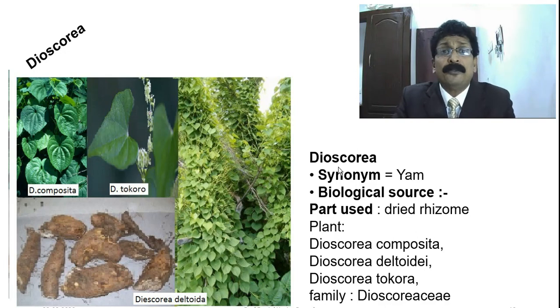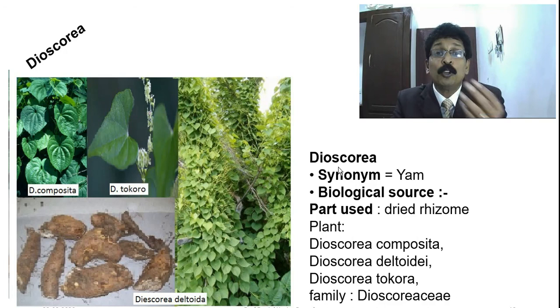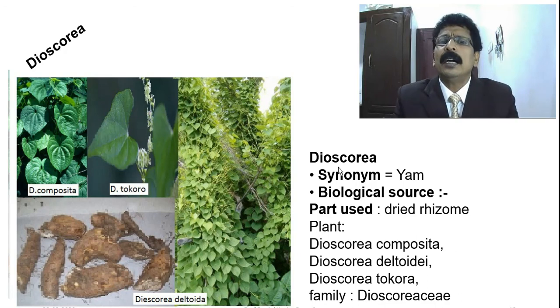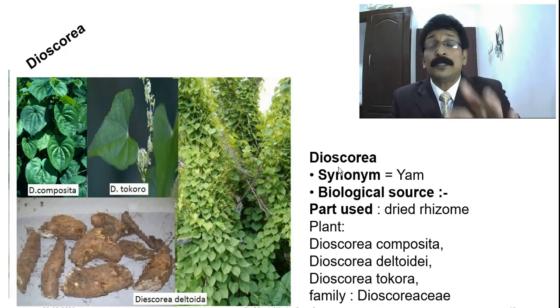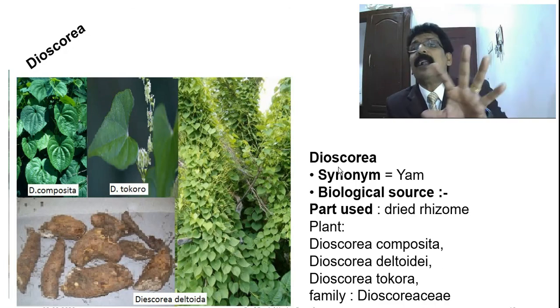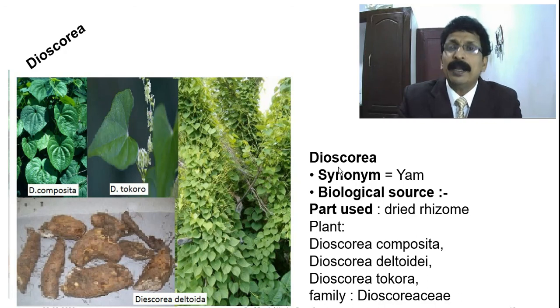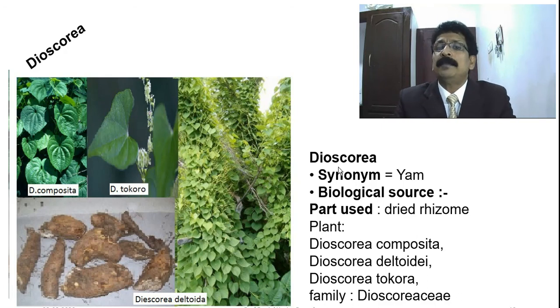The leaf structures are different. Even their rhizomes also differ slightly in one species. Dioscorea deltoidea. These all have the constituents. They are substituents. We cannot say they are adulterants. Adulterant means they may not have the constituent. They have the constituents, but more or less, and the species differ a little in their leaf structure, color of the leaf, and morphological and microscopical characters, and even their rhizomes have some difference in external structure which we can also identify.